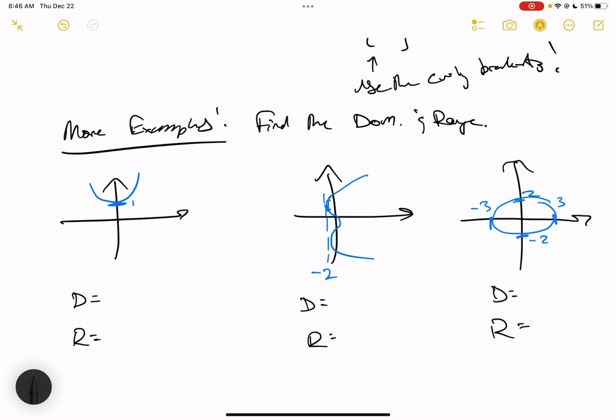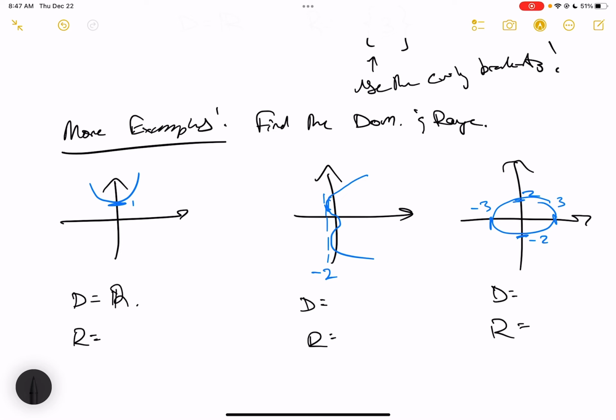This little curve right here that is going upwards. If you look at it, remember, if something is cut off by the confines of the graph, it's still going on infinitely. And here, with this one, it'll still go on no matter what. We can take on any x value and we're going in either direction. It's kind of hard to see when we only have such a limited scope, but you do have to envision that this is going on forever, okay? And with that in mind, it's still very much possible for us to give any x value here. So in this case, the domain is nothing more than